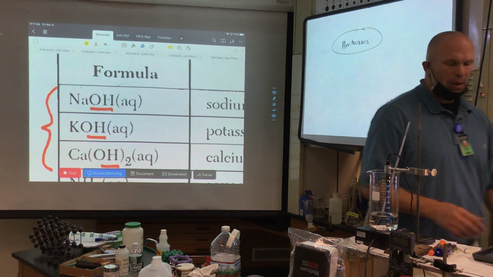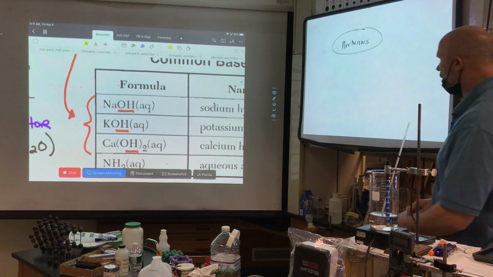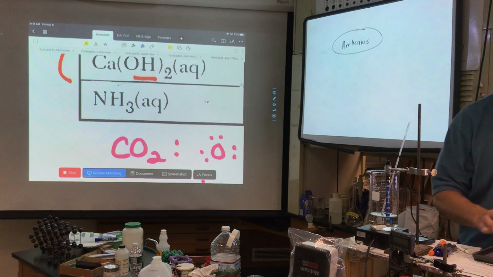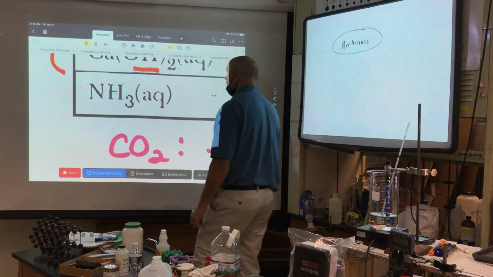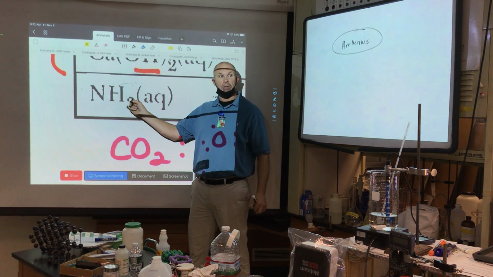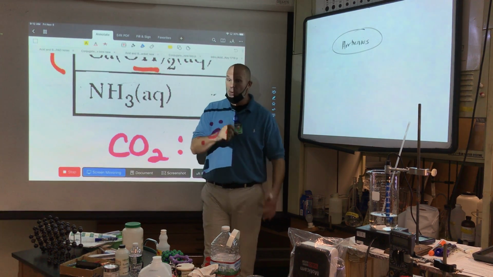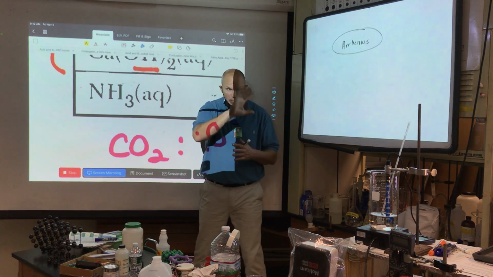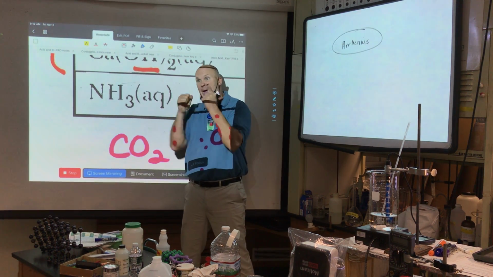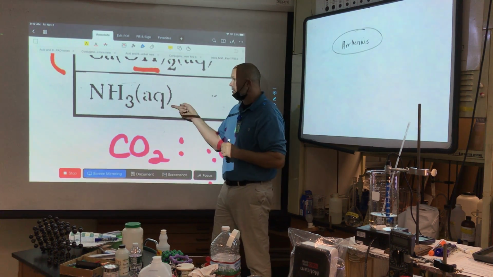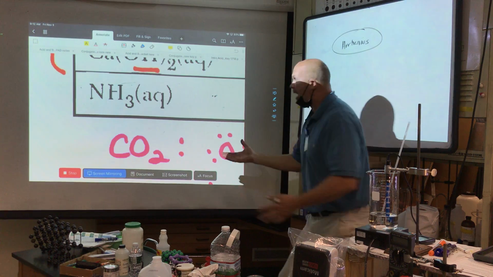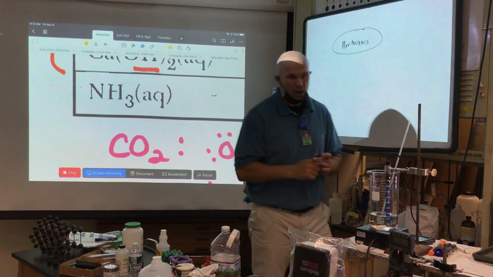Now, we have recognized the fact that there are going to be some compounds, and here's a great example, that are also bases. We learned yesterday that bases will push their electrons onto things and break bonds. Ammonia is a household cleaning agent because it is a base. It will break up grime. Windex, if you ever use Windex to clean windows, takes the grease and smudges off windows because the base will actually break the bonds of the fats or the grease layers. Windex's major component is this base, but it doesn't have a hydroxide. So there must be another definition